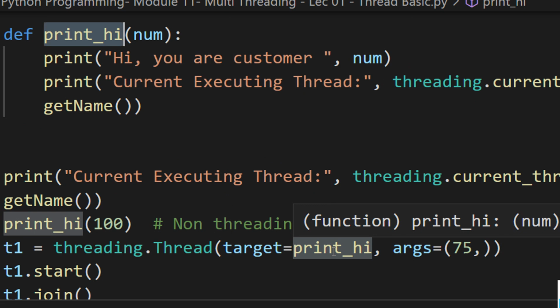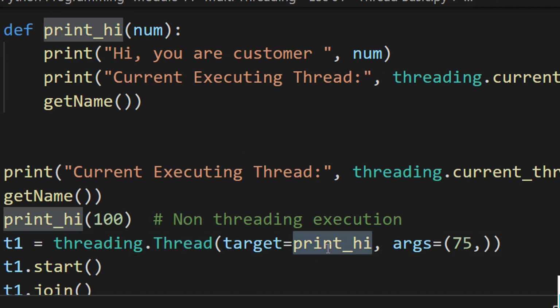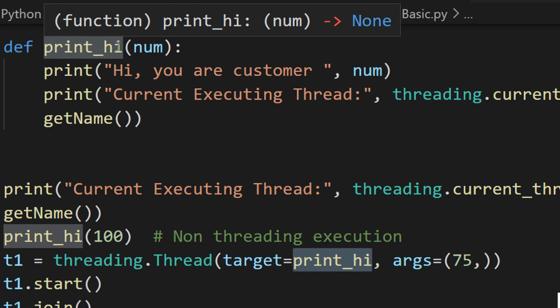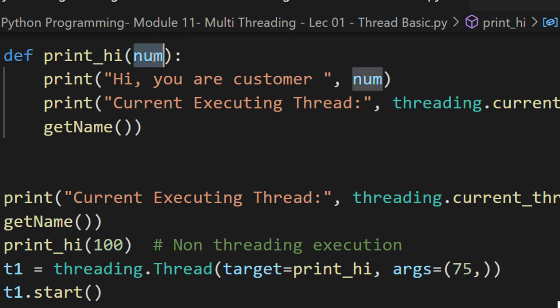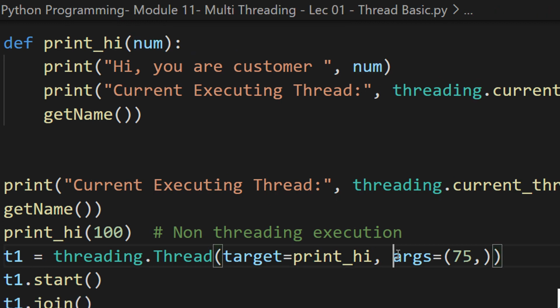But remember, we don't specify it in this fashion, although it's a function call, because thread is already a function. So we are asking the thread function to call a simple function which is print hi. And now you can see print hi has a parameter which is num. So how do you pass that? You pass using the keyword arguments.